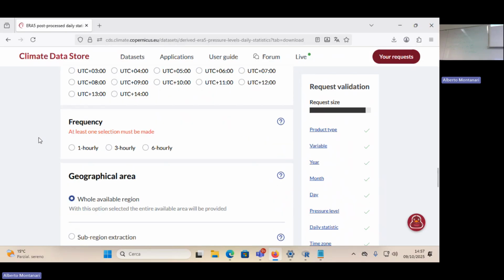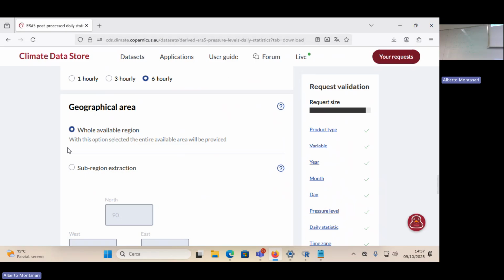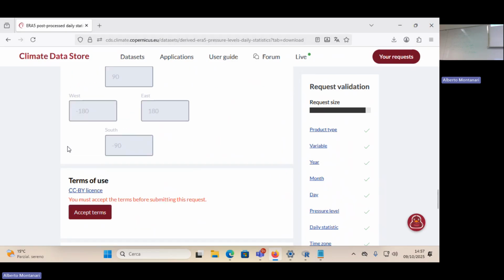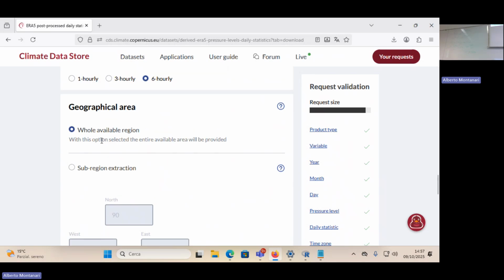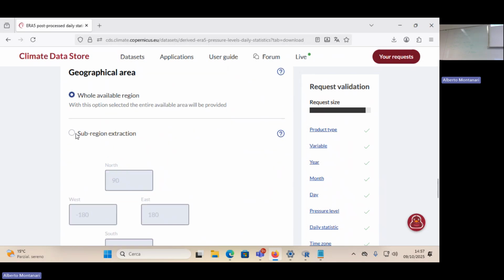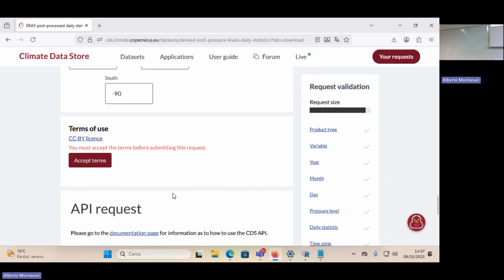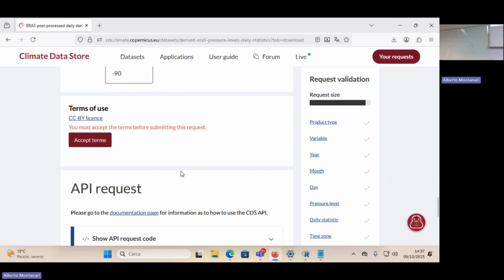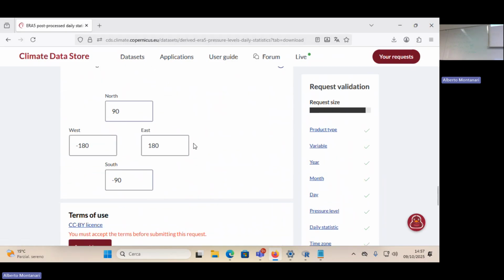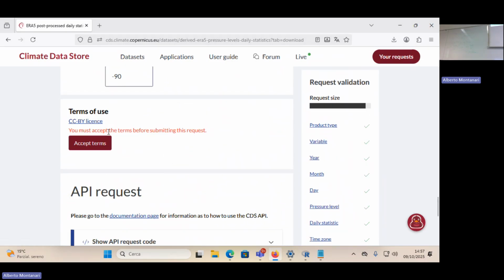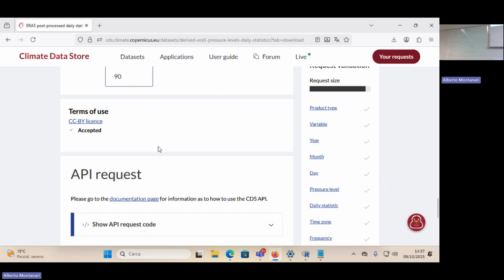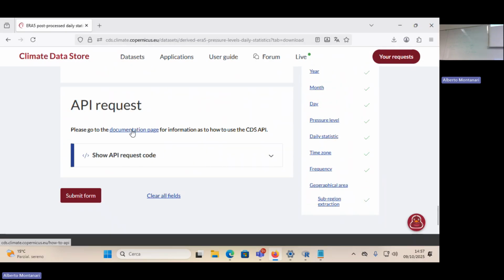Okay, frequency, 1 hourly, no, 6 hourly, because otherwise there are too many. Geographical area, sub-region extraction, okay. This is particularly nice because it gives you the option to extract the data by this selection. So let's take this suggestion, terms of use, accept terms, and then there is the API request,